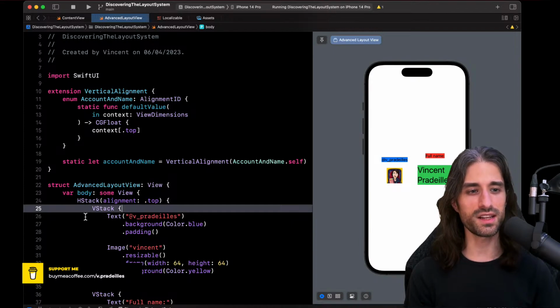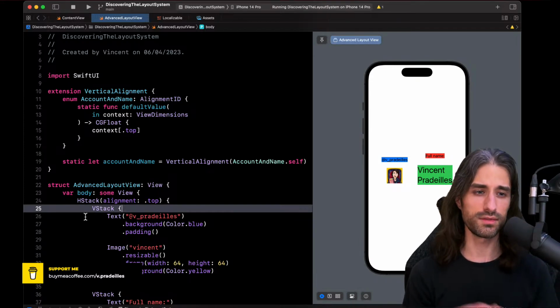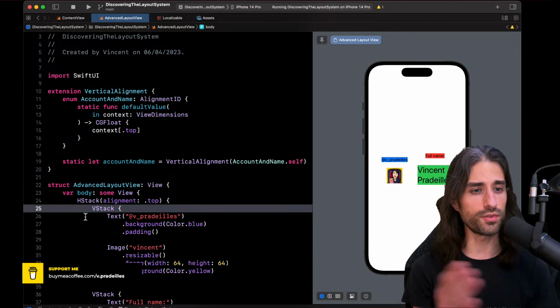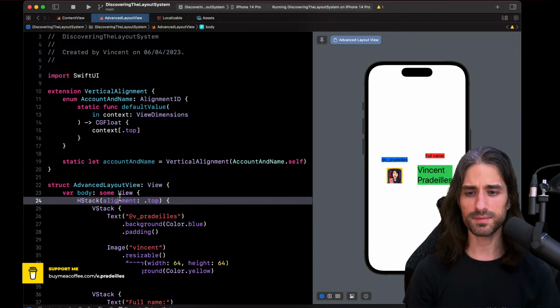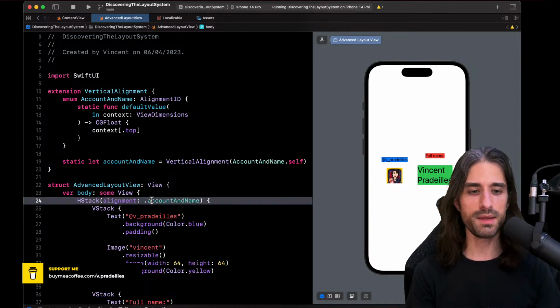Why? Because an HStack lays out its content from left to right, so the horizontal dimension is managed by the HStack by itself, but you need to tell it for the vertical dimension where it should position its element, and same thing respectively with horizontal for the VStack. So it will use the account and name alignment.